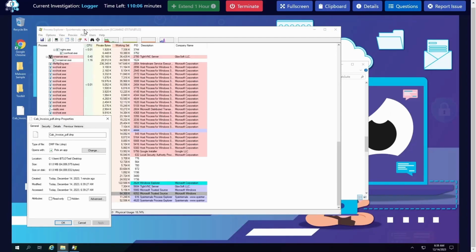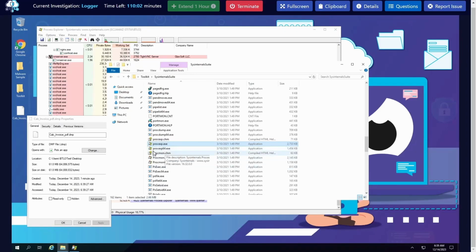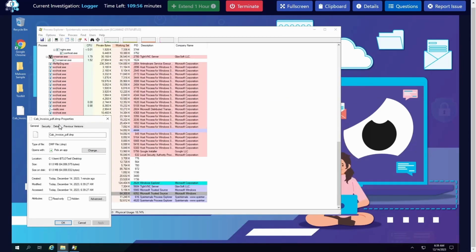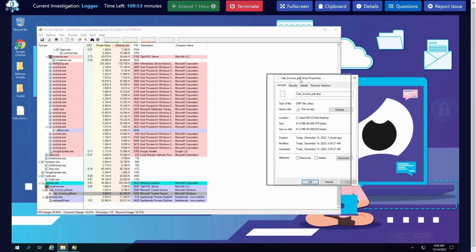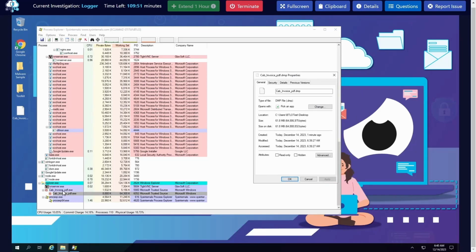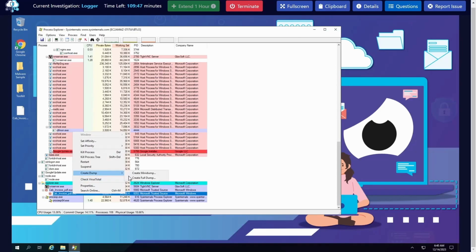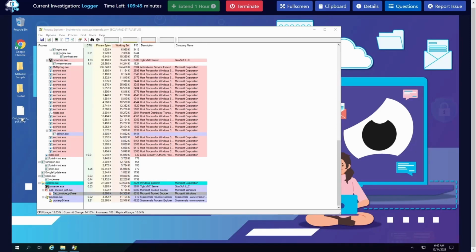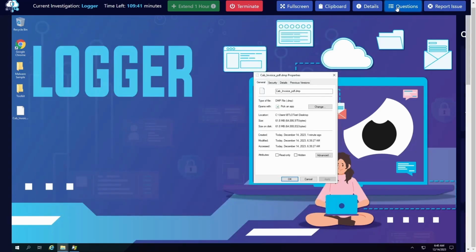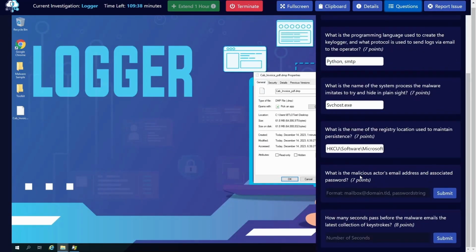We've already tried and it's not working. We have to change Process Explorer 64 to Process Explorer, then do the same action. Create the cab invoice PDF.exe, right click, then create a full dump. Then here it is. Our next step, since we are tasked to identify the malicious actor's email address and associated password,